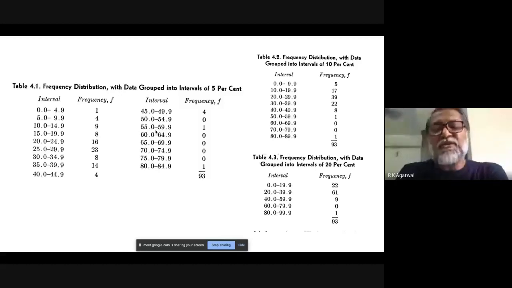So is it a great loss? Of course, it is not a great loss, and we will explain why a little later. But right now, let us just presume that we have understood the concept of frequency distribution. What is frequency distribution? Grouping the data in terms of different categories, and categories are in terms of classes or intervals. There are three of them shown here, and we will prefer the second one because the loss of information is relatively less and the frequency pattern is relatively smooth. That is why we go for this one.